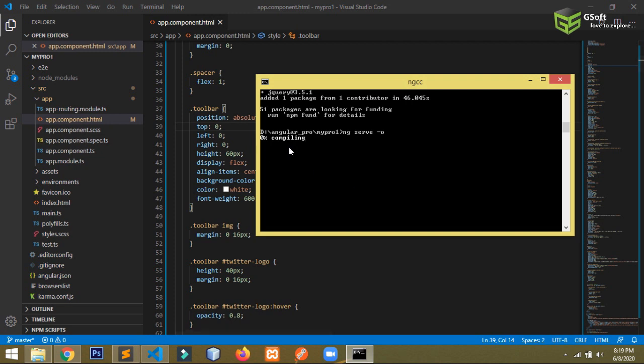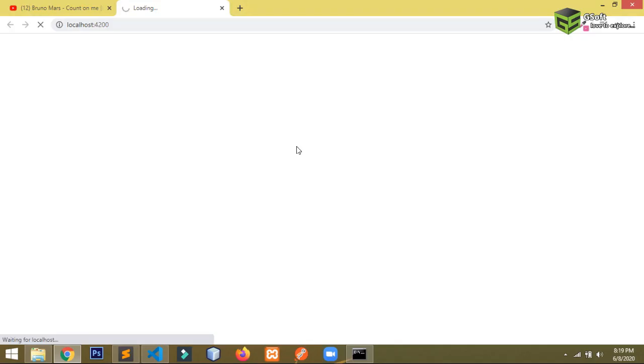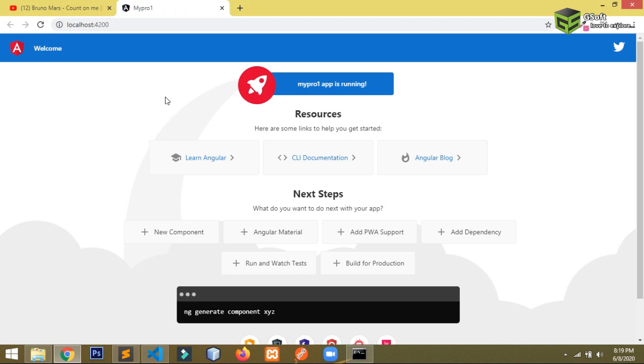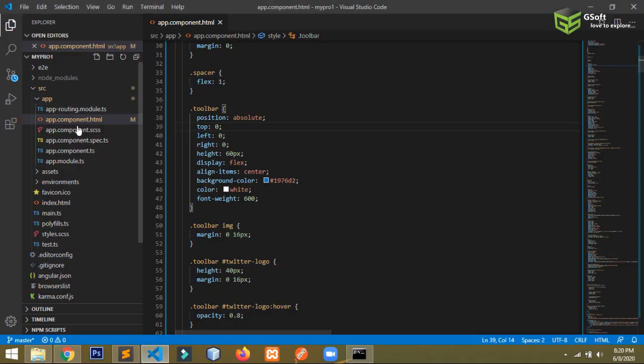You can see it's compiling the project. It will take a few seconds. You can see the project has been successfully compiled and is running. The page you can see here is app.component.html.